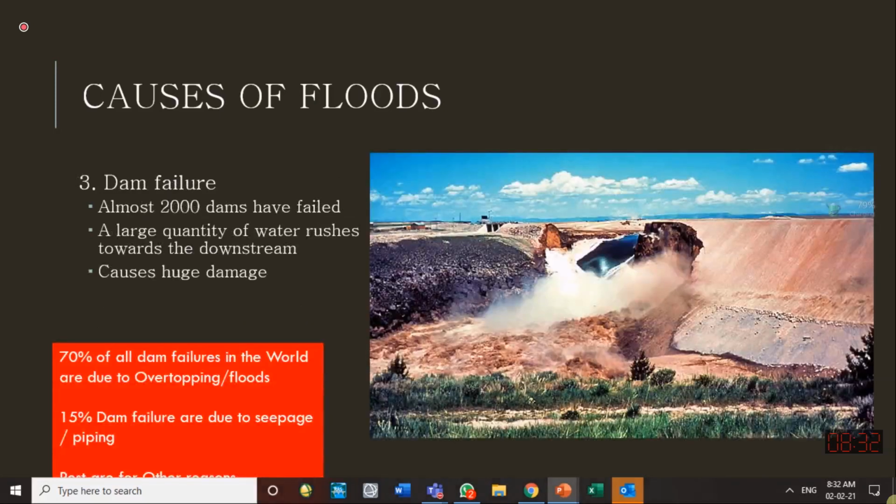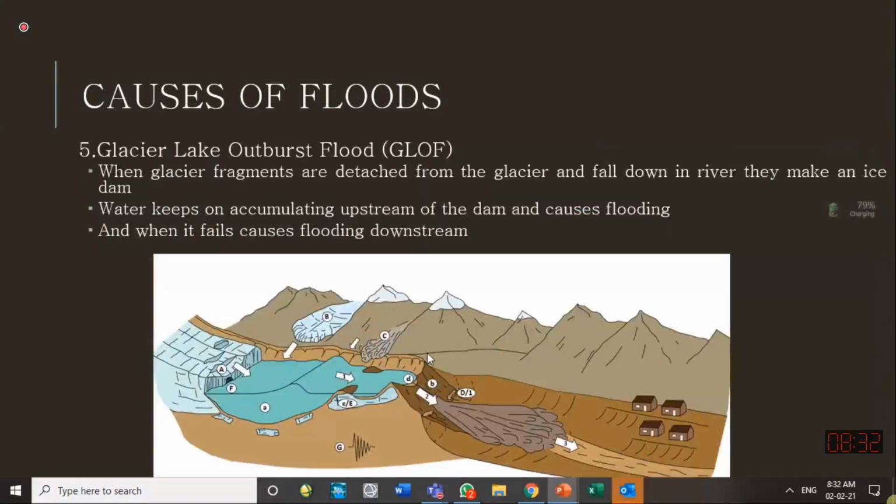The capacity of the spillway was not sufficient. Water flowed over the dam, and when water flows over the dam, dam break occurs. The dam cannot withstand that overflowing water.